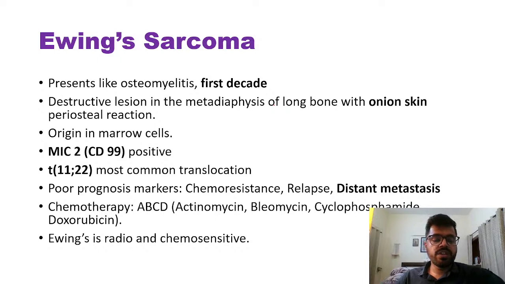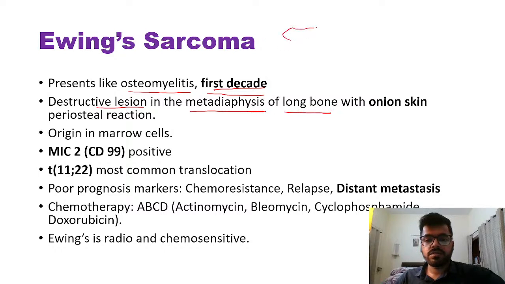Now we come to Ewing sarcoma. Ewing sarcoma can present like osteomyelitis. It is a tumor of the first decade. There's a destructive lesion in the metadiaphysis of long bone. That is, for example, this is